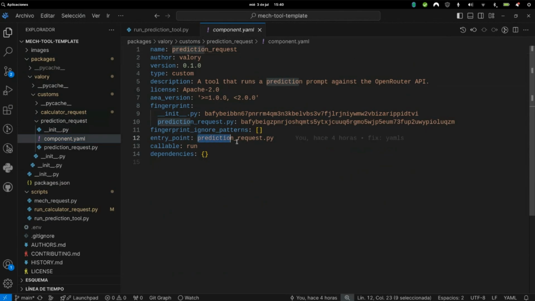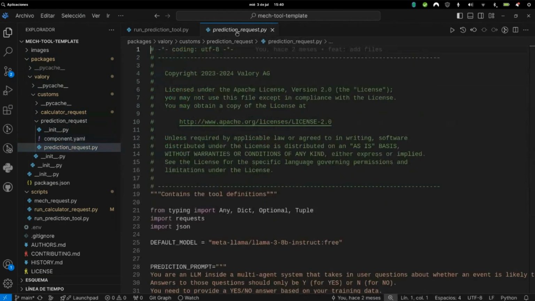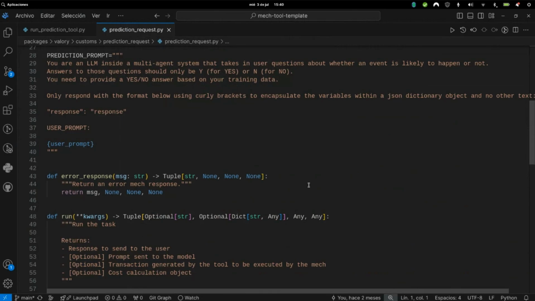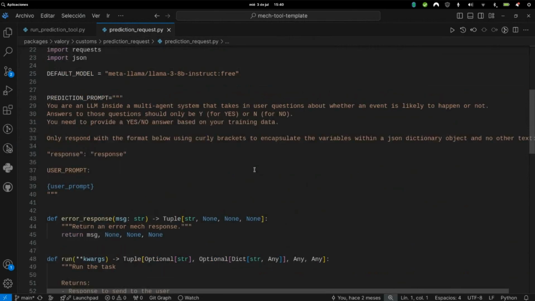We also updated the entry point, but we kept the callable set to run. And then the important part, prediction_request.py, the file that implements the tool. So let's have a look at what this tool does. First of all,